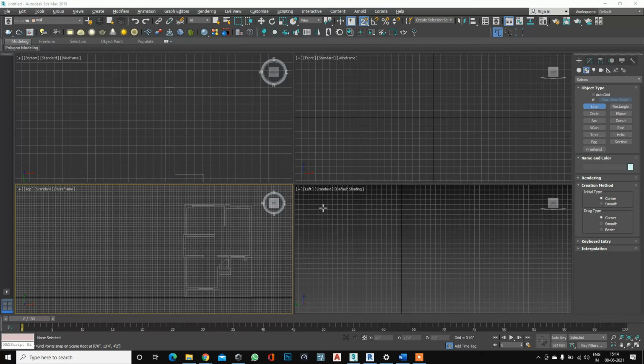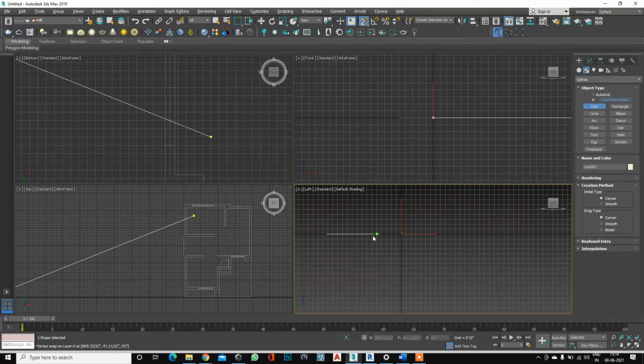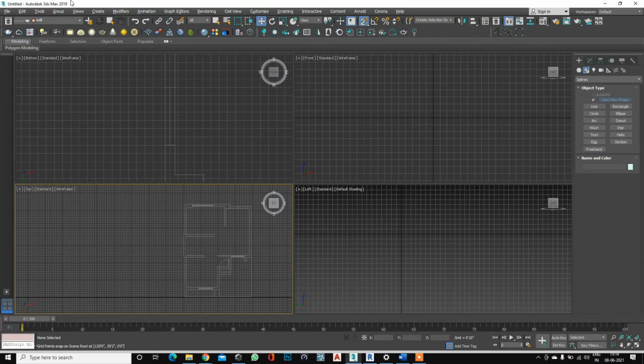Whenever you open 3ds Max the first time, this is your welcome screen. You can see the 4 tabs in 3ds Max, 1 2 3 and 4, right? This is our menu bar. These are all our modification tools, and you can see all these tools.